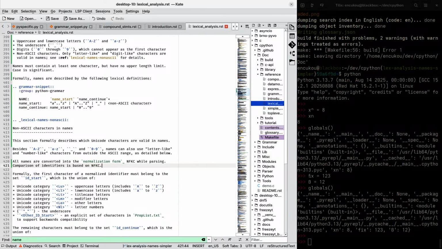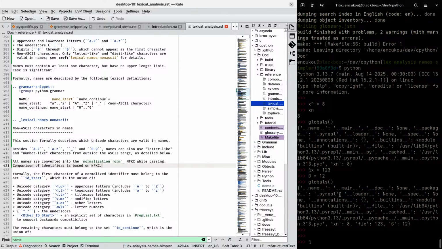That would be a good example here. So I could use a ligature like fi, then I could use script l and minuscule e.